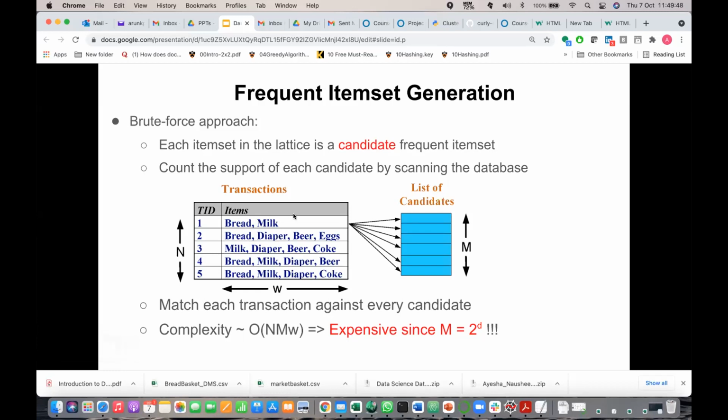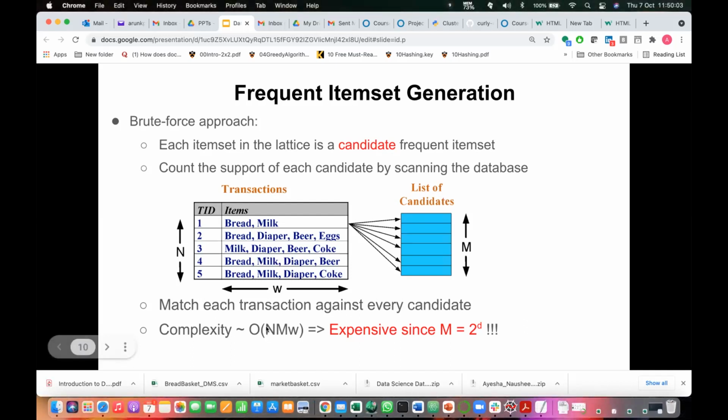In other words, let's say there are N transactions and W items involved. So many comparisons take place here. These N transactions are there because each transaction has to be compared with the item set, whether it supports it or not. So take one item set, and all these N transactions are to be verified for whether they support it or not. Do you agree? Yes. So N times the number of item sets.